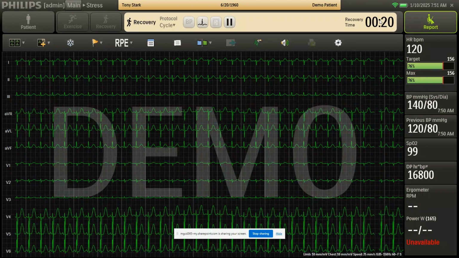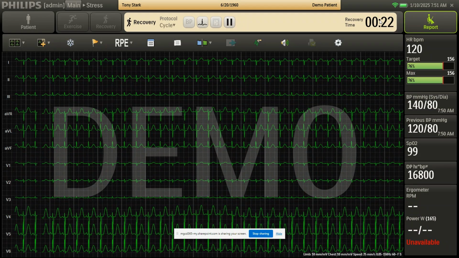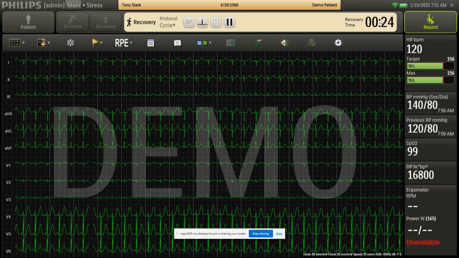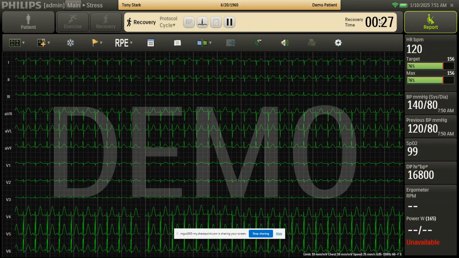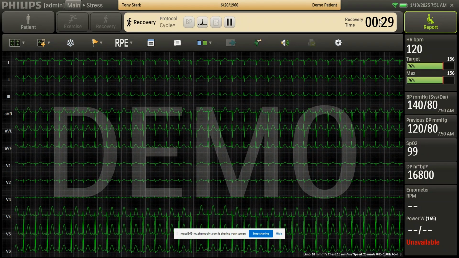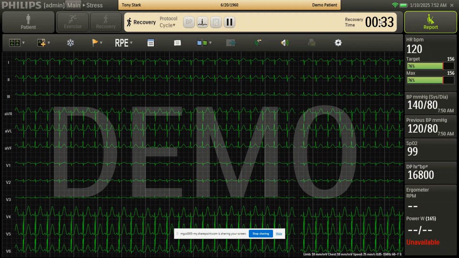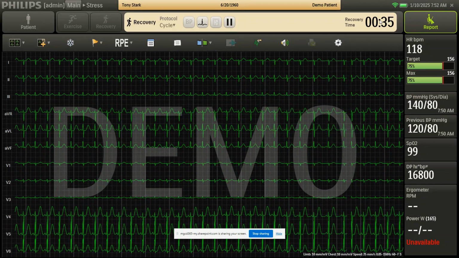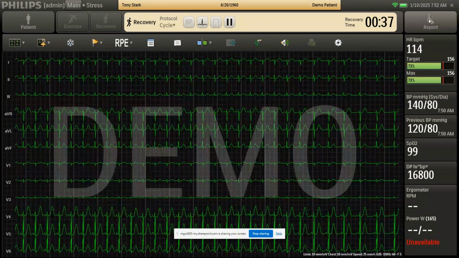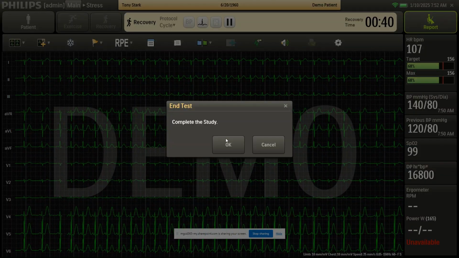For the situations where there's an EIB protocol or that sort of thing, you could override the test control of Philips within Ascent or Breeze Suite and stop the metabolic data collection, continue ECG recovery, and do post FVCs, and so on and so forth. The report module